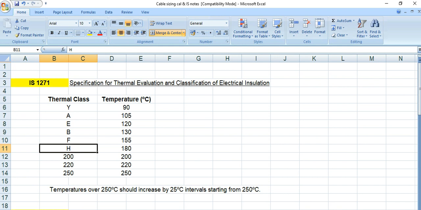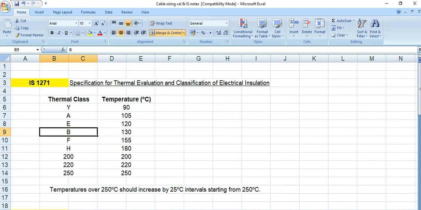After class H, it is defined by the temperature itself in numerical digits. Suppose the thermal class is 200, that means it can stand up to 200 degrees centigrade, so nothing special in it. 220 means temperature rise up to 220 degrees centigrade. 250 means 250. But basically, these are the thermal classes of